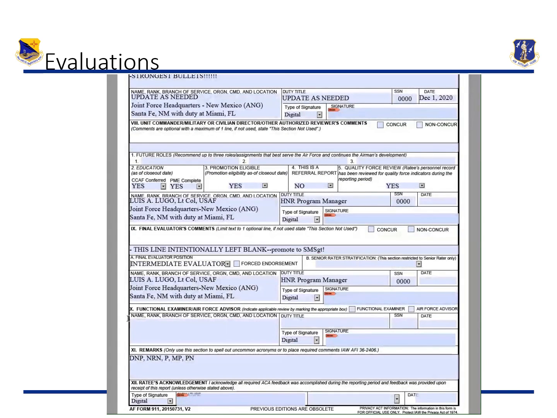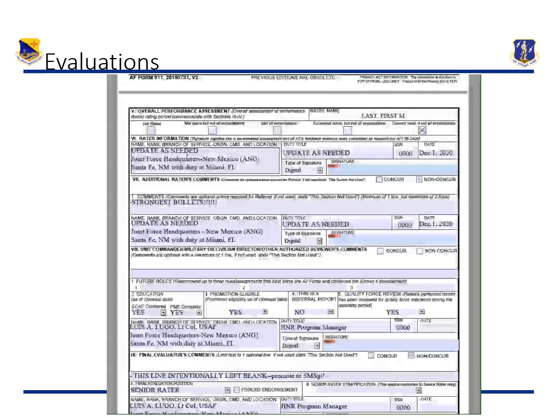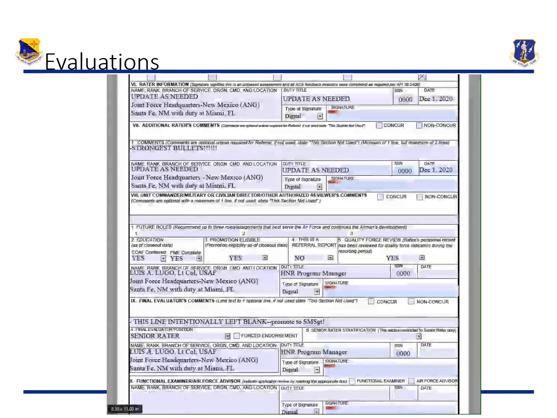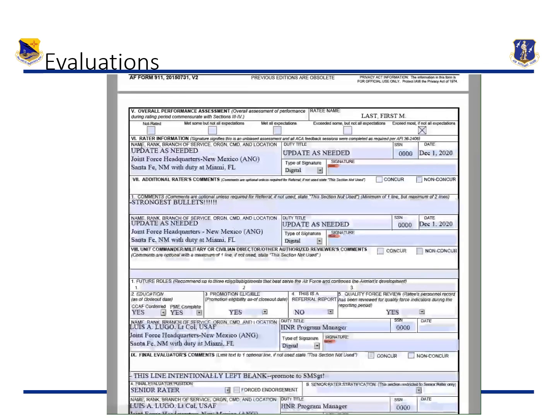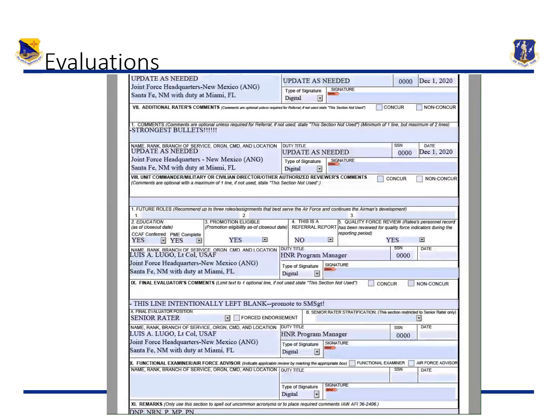Then we have the block that will identify, again, if the senior rater happens to be also our final evaluator. So you can double check it right here. In this case, it will be senior rater. No forced endorsement required. And the forced endorsement box will be checked when the senior rater is also the rater. So if Lieutenant Colonel Luis A. Lugo would be my rater, then this box would be checked in accordance with